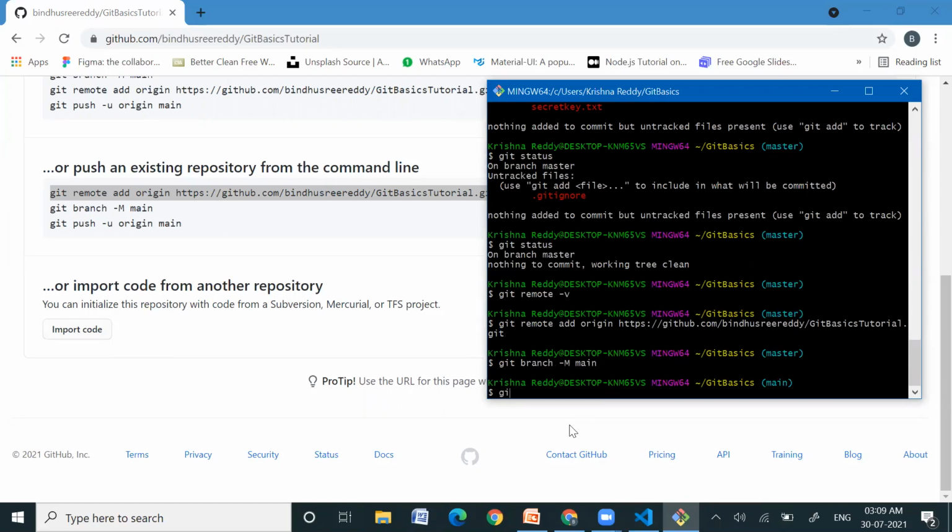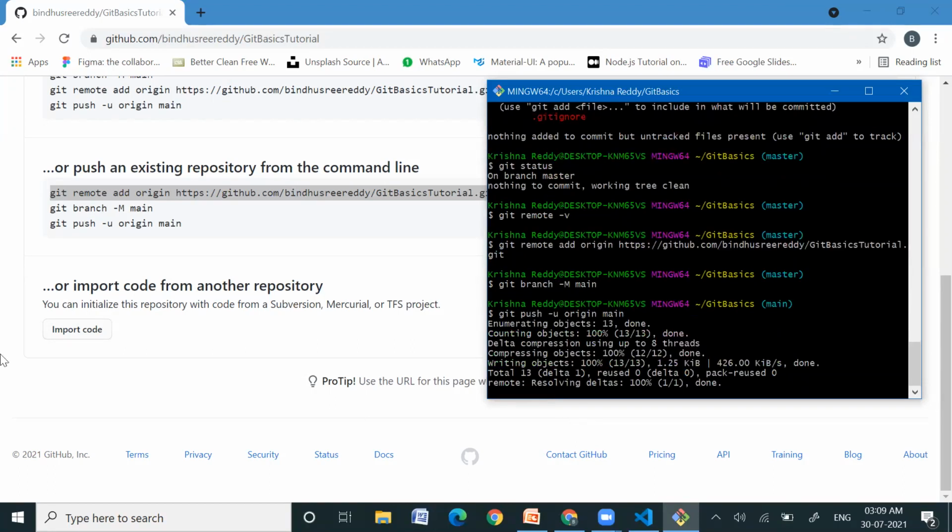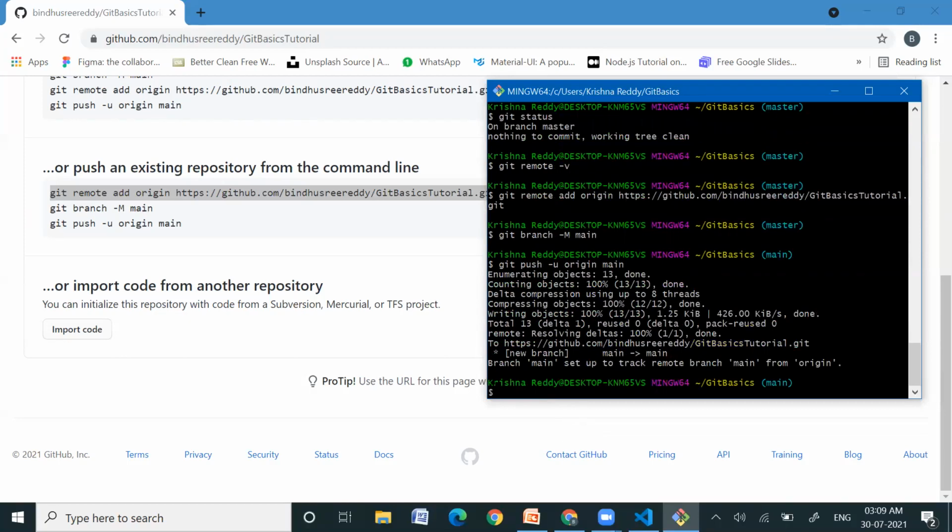And the last thing is pushing into the origin repository in GitHub: git push -u origin main. It takes some time. Yeah, it has pushed the code into our GitHub repository.